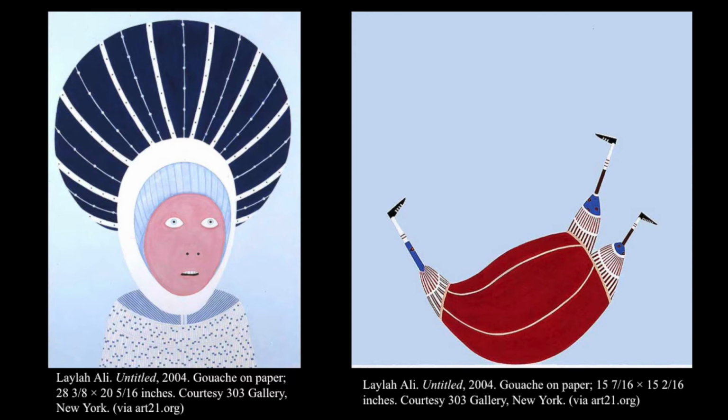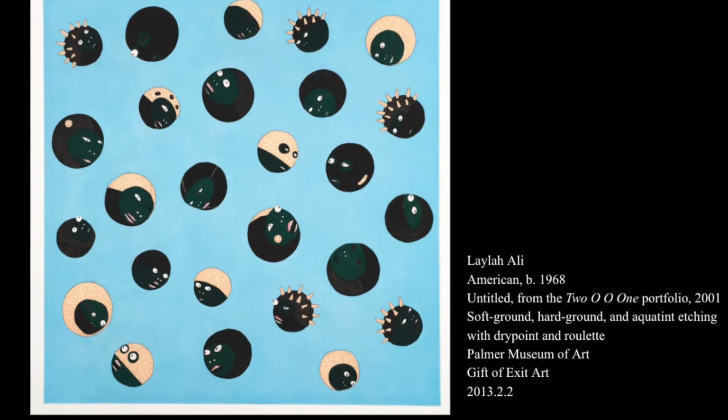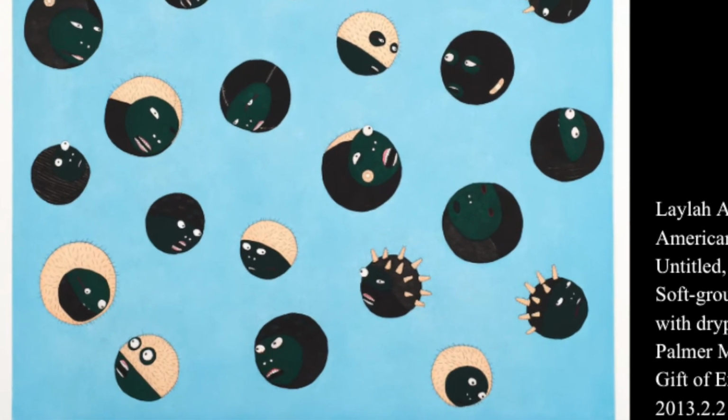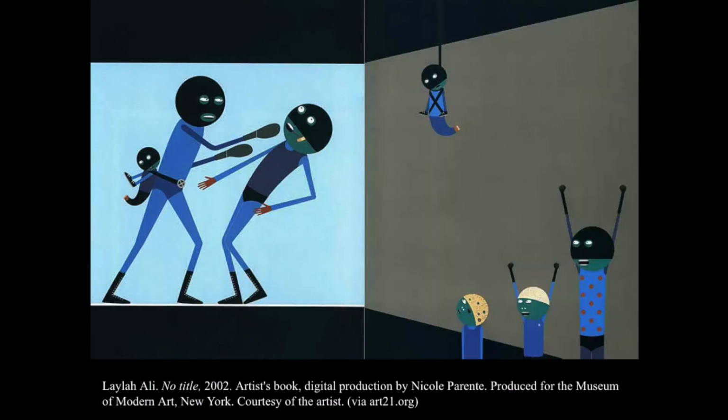In the case of this untitled print in the Palmer's collection, the beings are shown as only heads against a plain blue-black background, seemingly suspended in space and orbiting in some story with no beginning or end. With just a few colors and elements, Ali defines features such as skin color, hair, and teeth, as well as